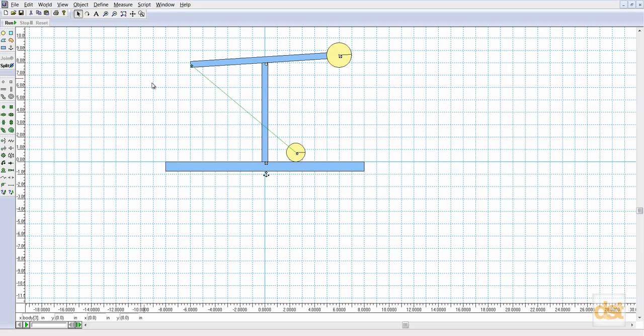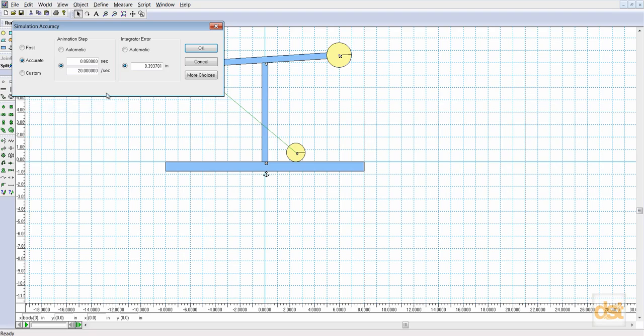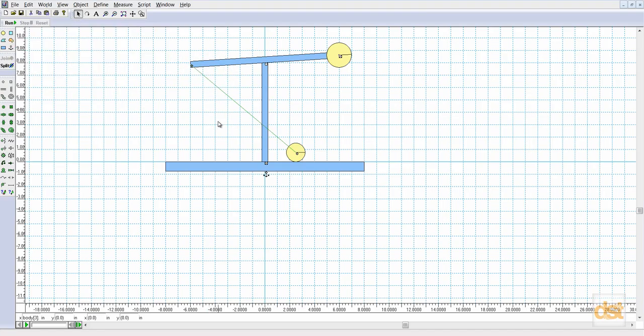Now, before we simulate it, I noticed before when we dropped these components just with gravity, it had a fast animation playback rate. We can slow that down. If we click on World, Accuracy, we can change the animation step right here to something smaller, maybe 0.001. Notice that'll also increase the number of frames per second that we're seeing in the playback. So now when we select our Run button,